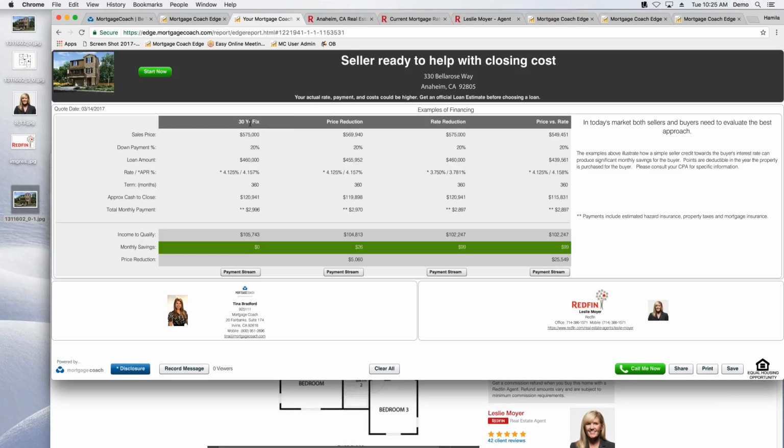We see 30-year fixed. This is what it was on the market before they put that 10,000 in. So that's the 30-year fixed. Now, if they were to go in and just do a price reduction for that 5,060, this is where it would be. If they go in and they do the reduction, the seller buy down, they buy down the rate. This is what this one is for. And finally, if they were to go in and reduce it, so it had the same monthly savings as that seller buy down, this shows they would have to reduce that loan by